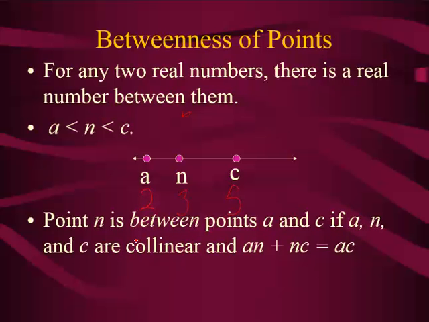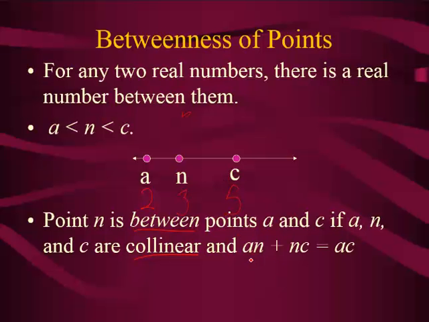So we say that point N is between points A and C if A, N, and C are collinear. What does that mean again? To be collinear means on the same line. So if that's true, if A, N, and C are on the same line, and N is between A and C,